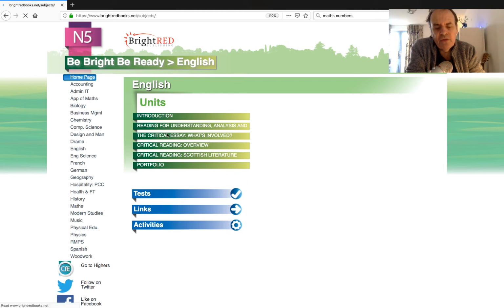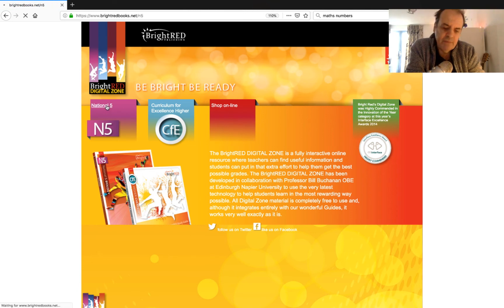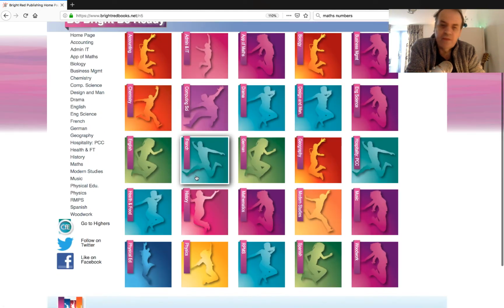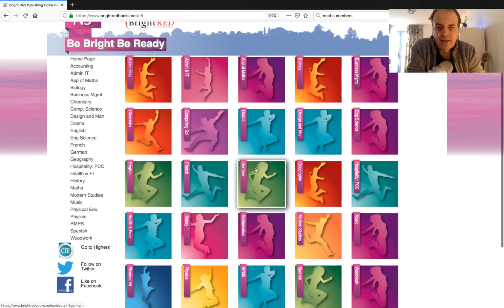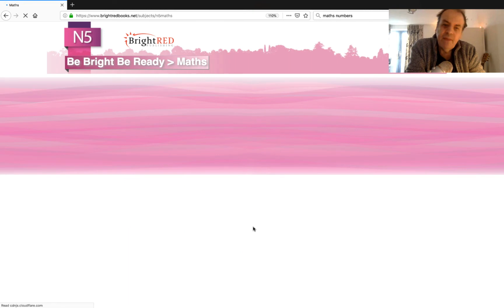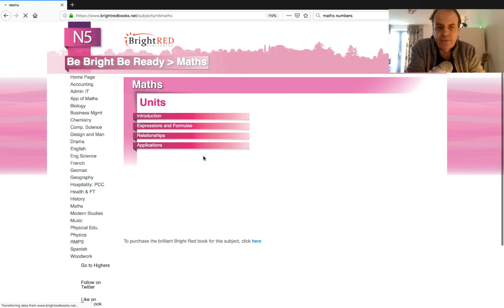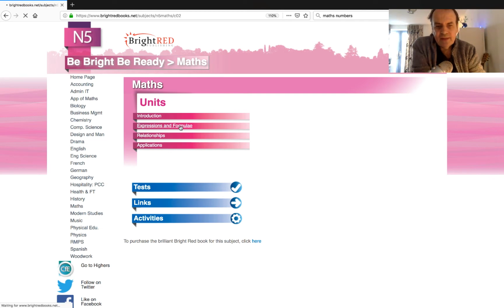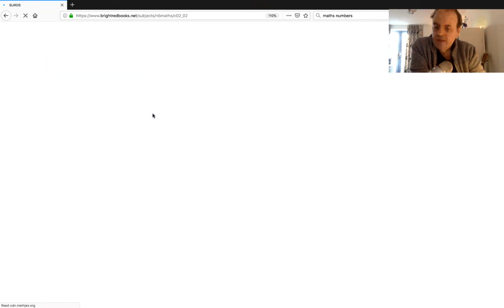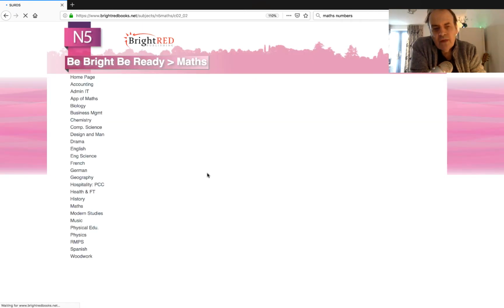But all along we looked to make sure that we were innovating and supporting learning, and especially independent learning. So the core of the site at the present time is free to use, which means that every pupil in Scotland can actually use it as part of their learning. And it's difficult to learn online, and we just didn't want to take the book and then port it into an online environment. So we made sure there was lots of supportive material, so that when the teacher wasn't around to help, then the online environment would be there to support this independent learning, especially around the times of exams and so on. So all along we looked at each of the areas that might challenge pupils, and then gave